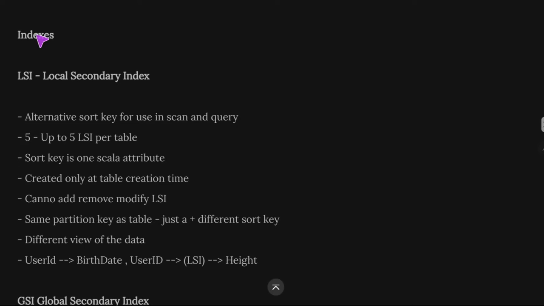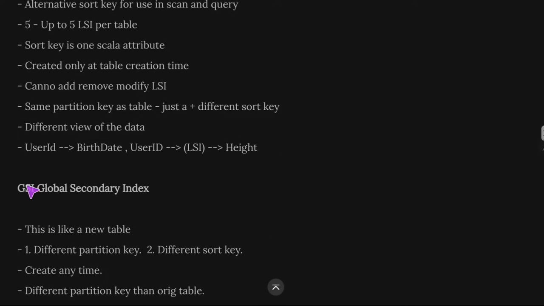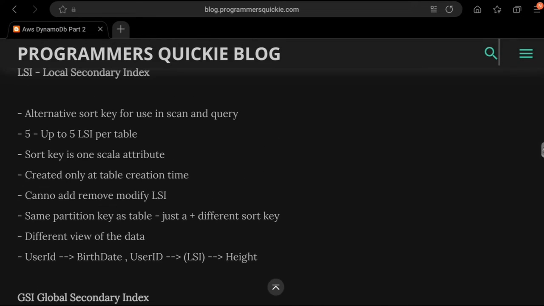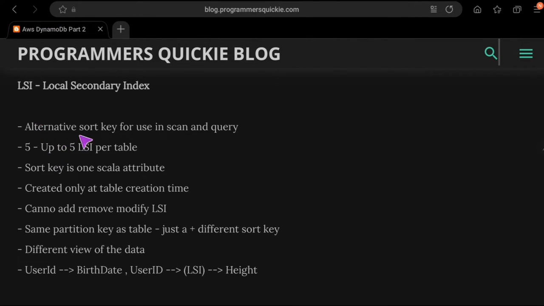Now for indexes, we have two kinds of indexes. We have the LSI, we have the GSI. Basically, the GSI is like a new table. We define both a different partition key and also a different sort key. In the LSI, we only define a new sort key. So we have already the partition key, and now we can append up to 5